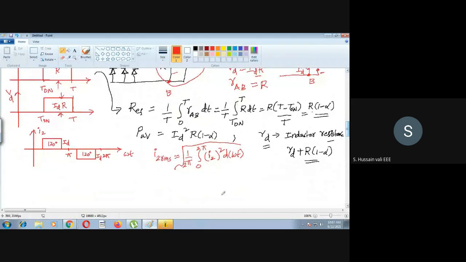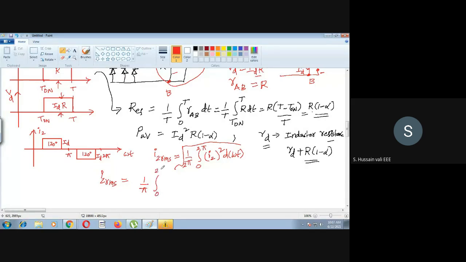But you can find out the RMS value for one half cycle. Definitely that will be the same. The RMS value of only one half cycle is the same as the RMS value of the entire waveform when the waveform is symmetric. Now you see the waveform, this is a symmetric one. The positive half cycle and negative half cycle are both the same. So I will modify this definition of RMS value as 1 by pi, only one half cycle I'm taking.